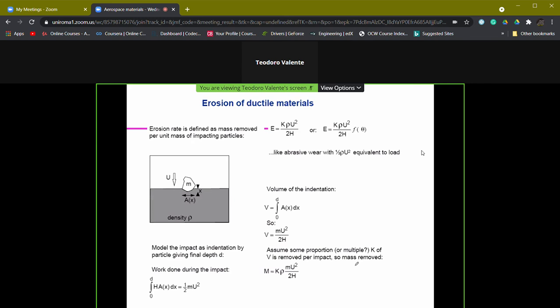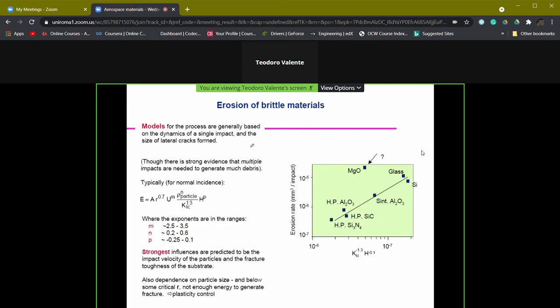We can make some modeling about erosion, starting from the kinetic energy related to the angle of incidence. What is going to happen is that in this area, a very simple equation, like those that we have defined for abrasive and adhesive wear, is not essentially working. And so we move through semi-empirical